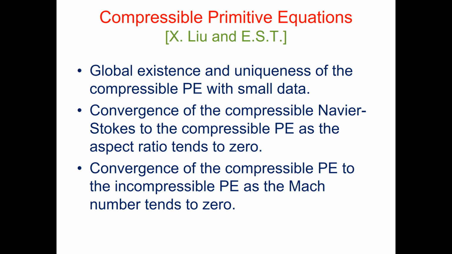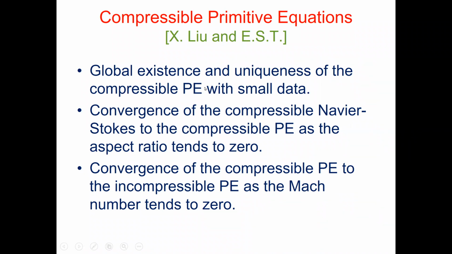So first, we can show global existence and uniqueness of the compressible primitive equation for small data. This is expected in the compressible case, that you cannot maybe show global existence for all initial data, but at least for small data. We have to write the vertical velocity in terms of, in some sense, the equivalent of the hydrostatic balance, and in this case, recovering W from V is not an easy task, so one has to really work. So this is part of the modeling here.